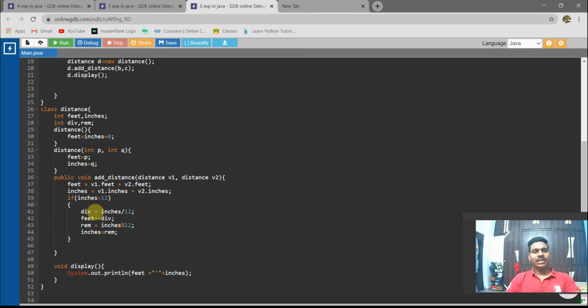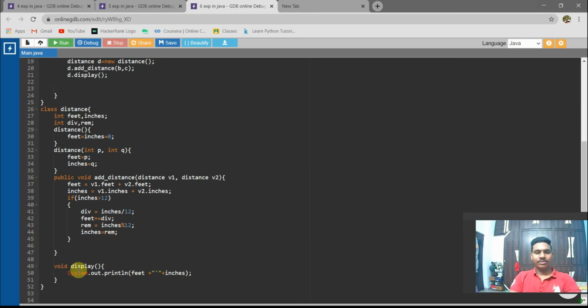So these are the variables. You can take them as a, b, whatever we want, these are not the dividend and remainder, these are just variables, so we can take anything. So divide the value, yes, exactly what I said in the beginning was correct. So divide the value, so it is inches by 12, so feet equal to, because when this condition passes, this condition will be true, this needs to be added to the feet. So 12 inches is completely done, so 1 feet should be added, right? In the same way, remainder is equal to inches percentage 12, so here it will give the remainder.